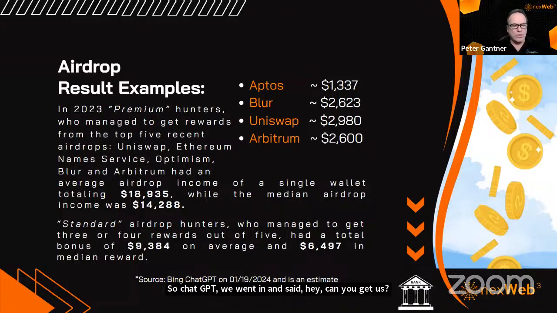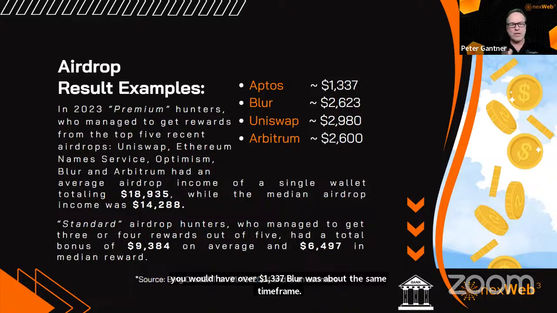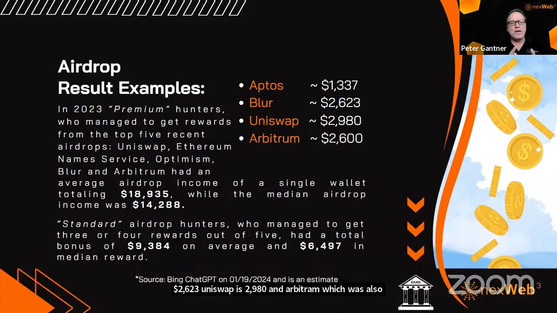You can see that's the source here for this. And they went out and researched these. Aptos, a chain that happened in early 2022. Today, if you held on to those, you would have over $1,337. Blur was about the same time frame, $2,623. Uniswap is $2,980. And Arbitrum, which was also last year or in 2023, over $2,600 it would be worth